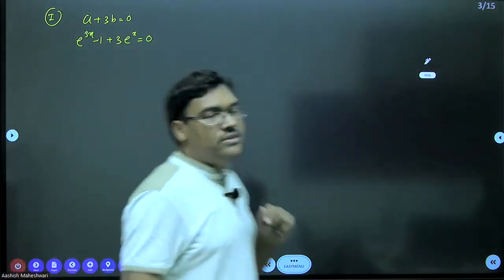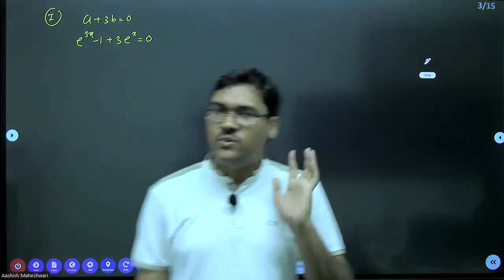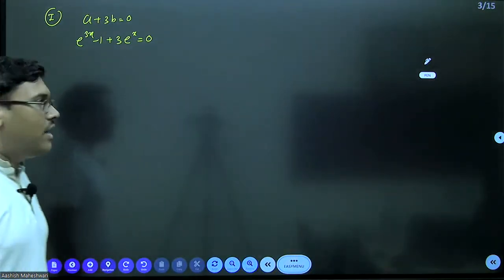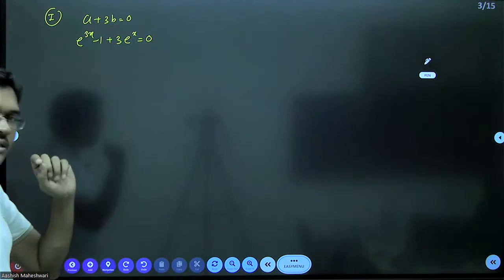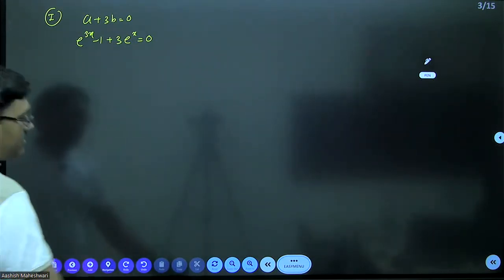Now we have to solve this equation. You have to find the number of roots of this equation. इस equation के कितने solution होंगे? अब how will you analyze this one? Now this is the important part. Now see,